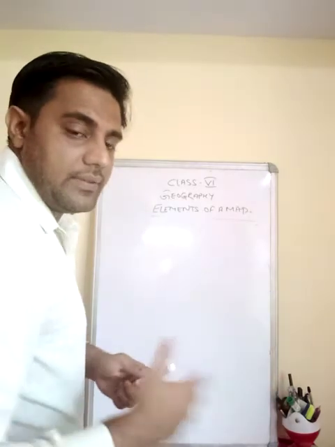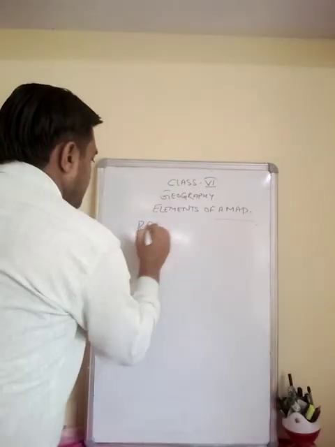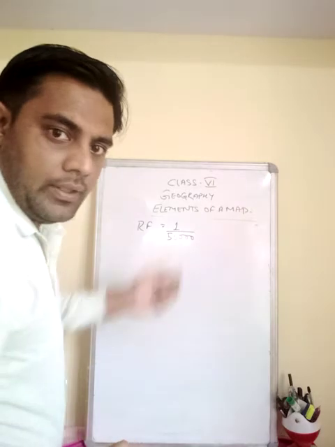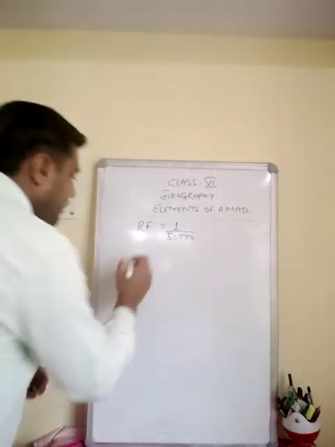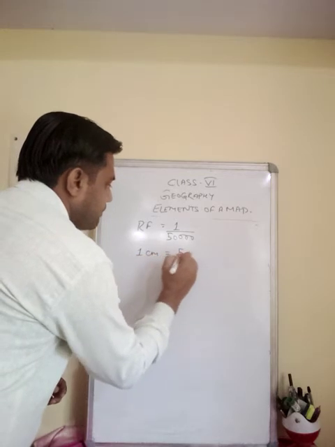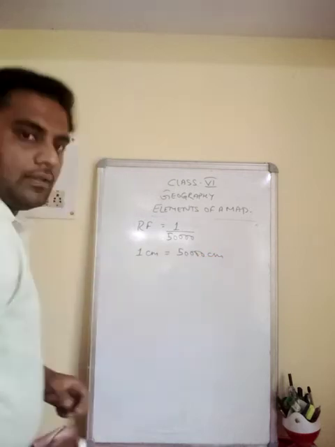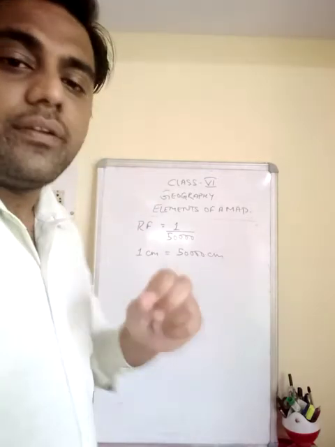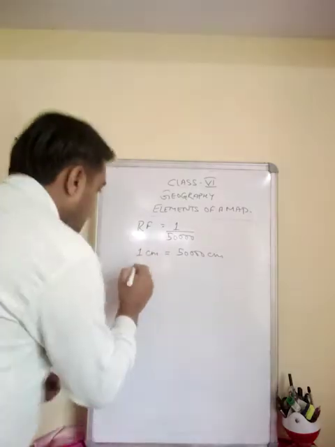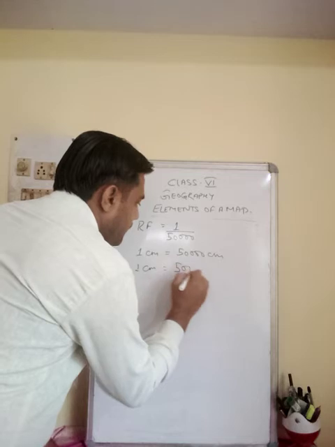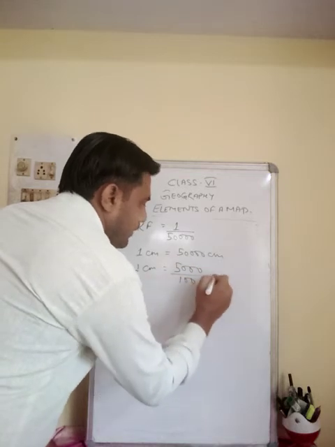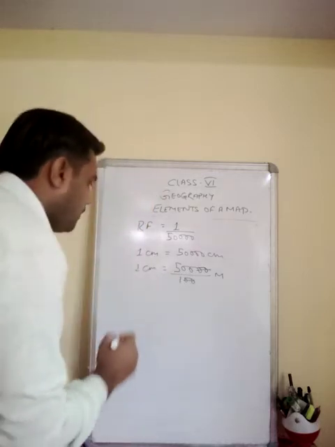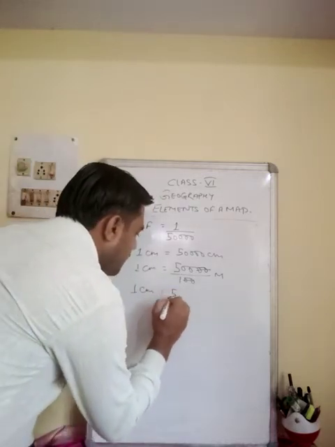Suppose the representative fraction given, RF, is 1 by 50,000. Now as I told you, it is always taken in centimeters. So what we understand here is 1 centimeter on the map equals 50,000 centimeters on the ground, because they must be in the same unit. Now from centimeter we can convert it to meter. We know 100 centimeters equals 1 meter. So 1 centimeter equals 50,000 divided by 100, and this gets converted to meter. So what do we get here? 1 centimeter equals 500